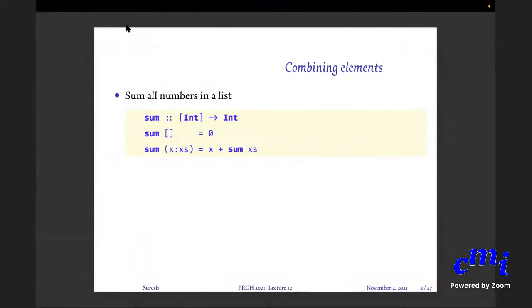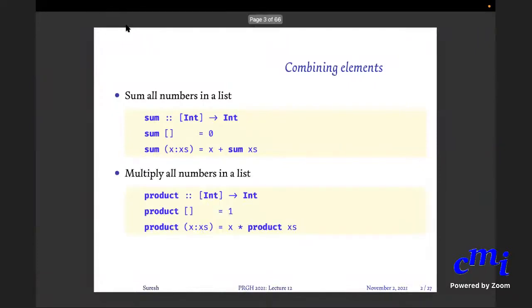Okay, sorry. So we saw map and filter, but now you have a new kind of pattern, which is illustrated by the sum function, the multiply function, etc. The idea is to take a particular function and combine all the elements of the list using that function. That function will be a binary function. You will combine adjacent elements one after the other. So here you take plus.